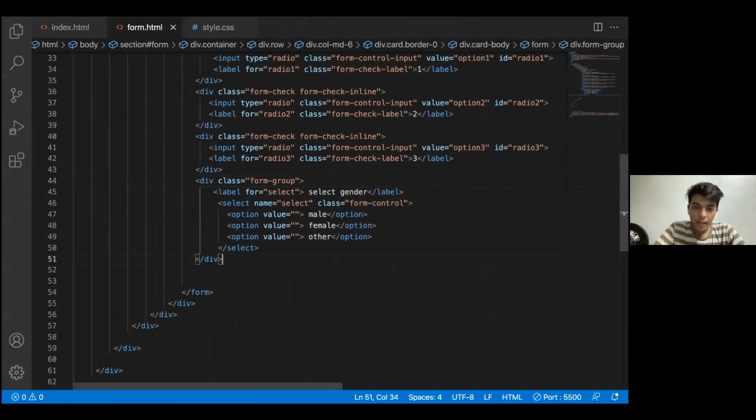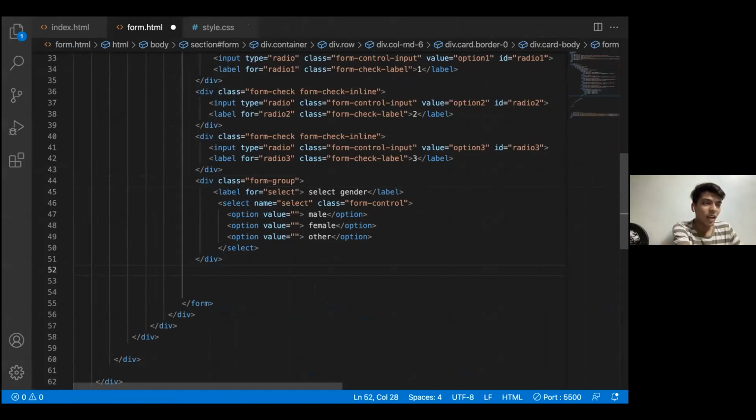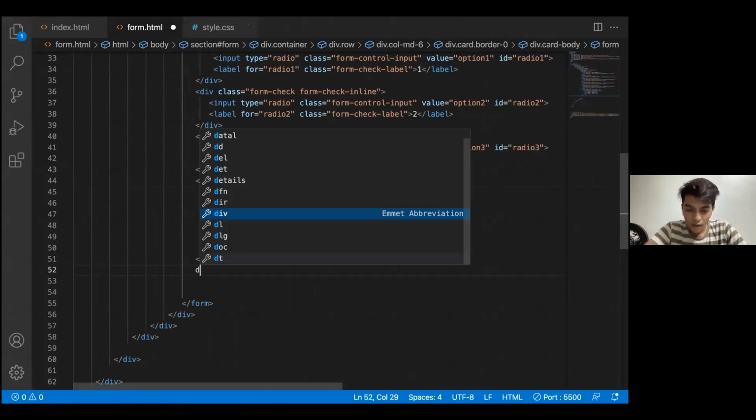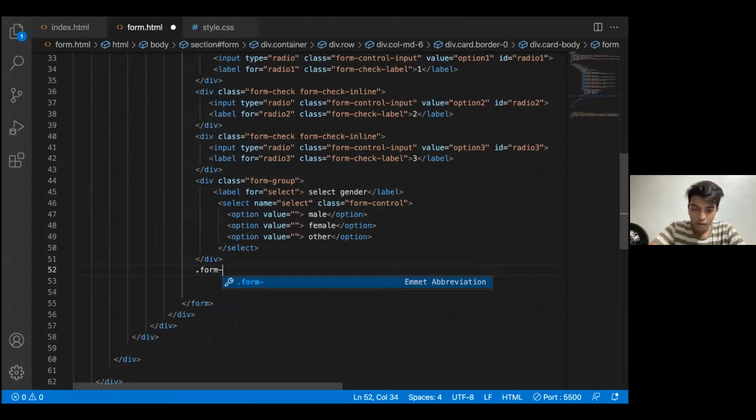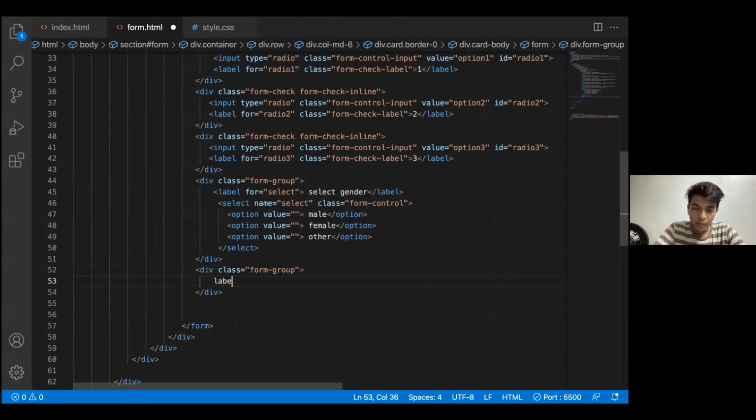Okay. So now we'll be making two things. One would be text area. Text area is something that we all know. I'll be just covering two things now. First would be the div, with a class of form-group. Then I need two things, a label and an input. So the label is for text area, and I want the label as enter text, big text.